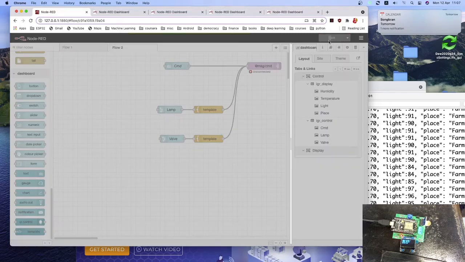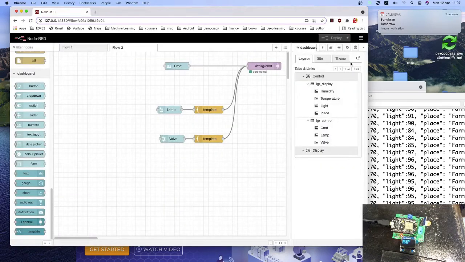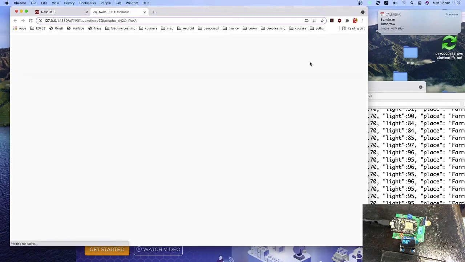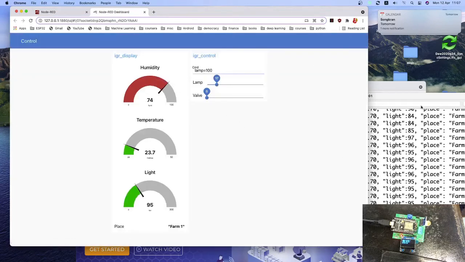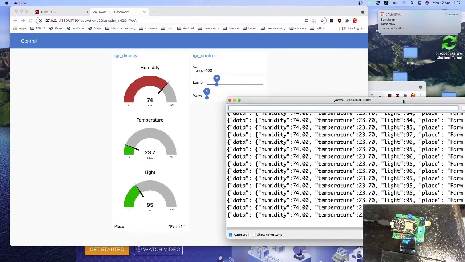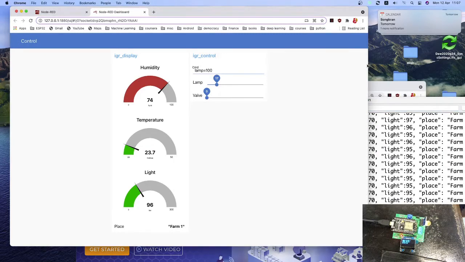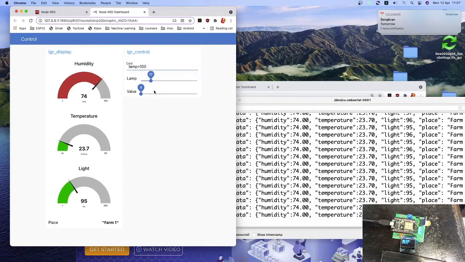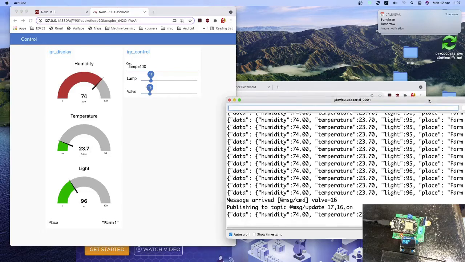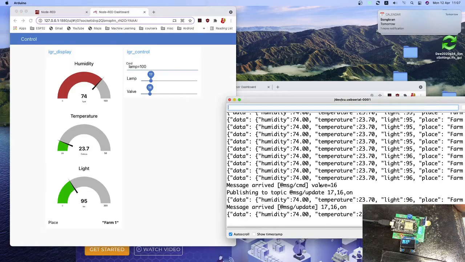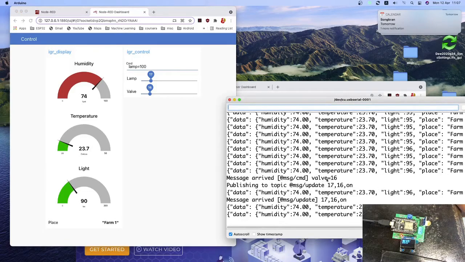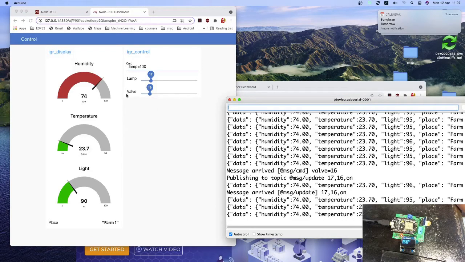Deploy. Let's see if the while works or not. Some delay, but now you see that while command can be sent to this hardware,